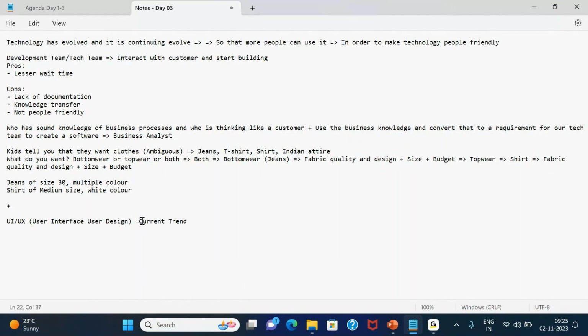Okay. So you see how things have evolved over the years, how technology evolved. With the advancement of technology, our focus was to make technology more people friendly. Because we wanted to make technology more people friendly, that's why we had the BA, or the role of a business analyst. And why was the technical team not able to create